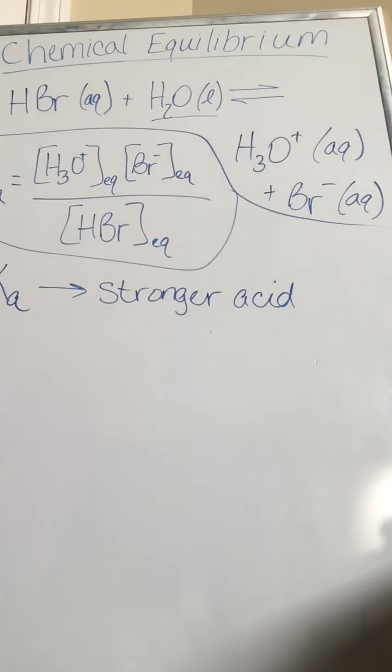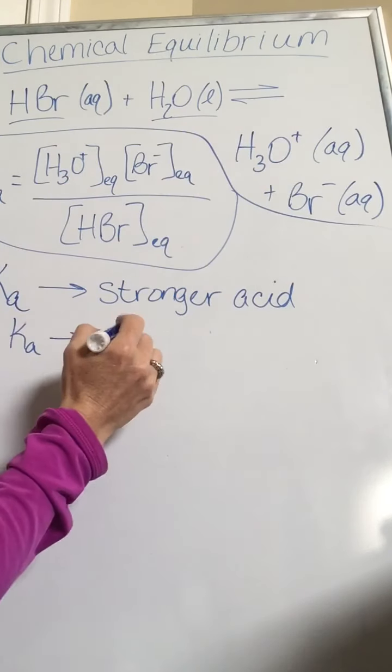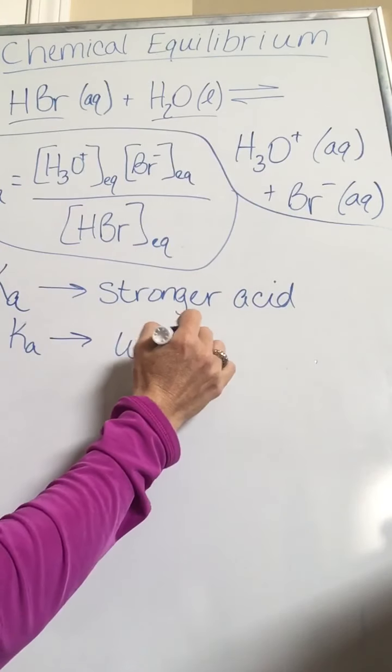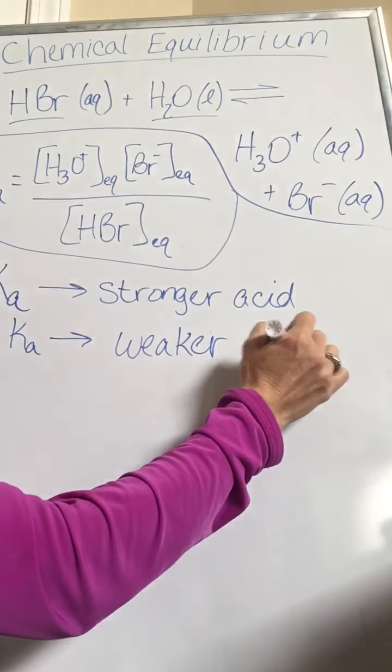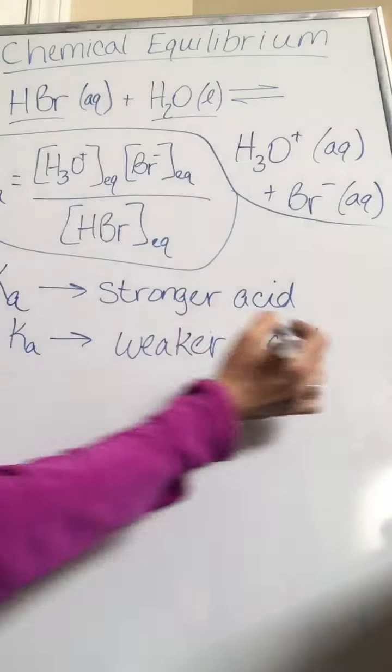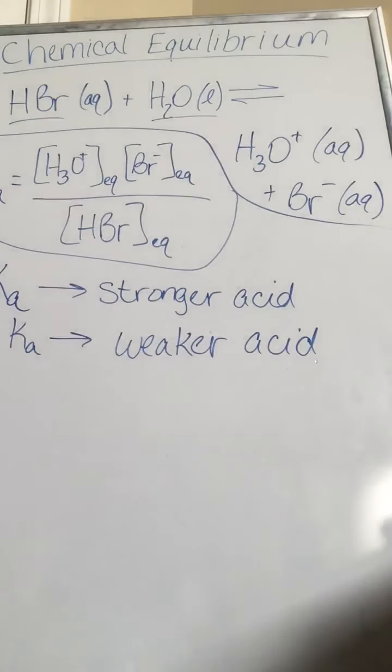Okay, so if we have a smaller Ka, what that means is there's a higher concentration of the initial acid, so it is not reacting as quickly. And so that means it's going to be a weaker acid. So when you're making this relationship, all right, now, when I say larger and smaller Ka, it could be, you